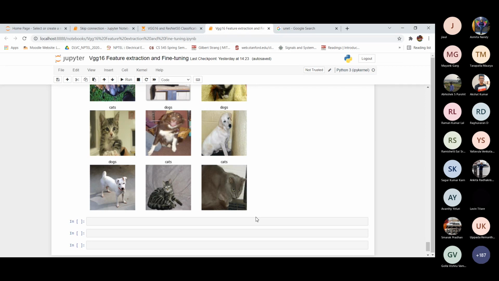The result we get is not that good. But after we apply fine tuning, we train these layers in VGGNet, or ResNet, or whatever network you are using.